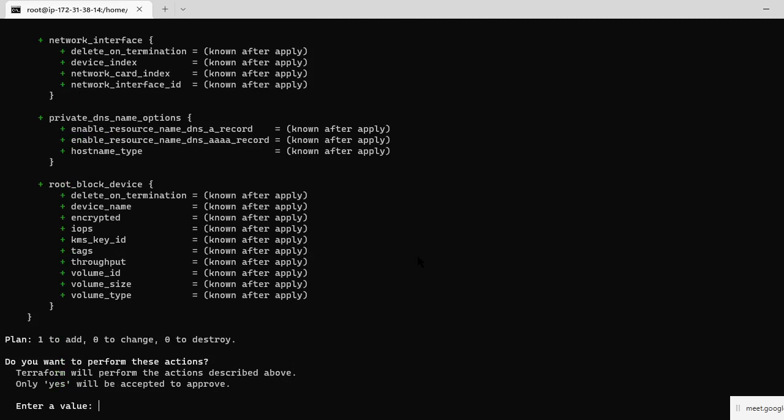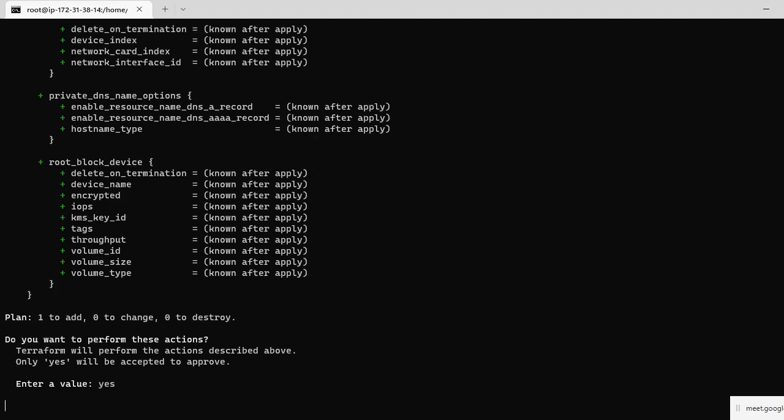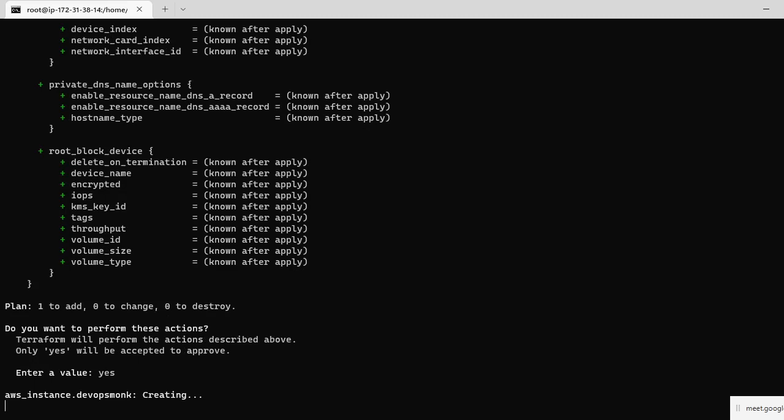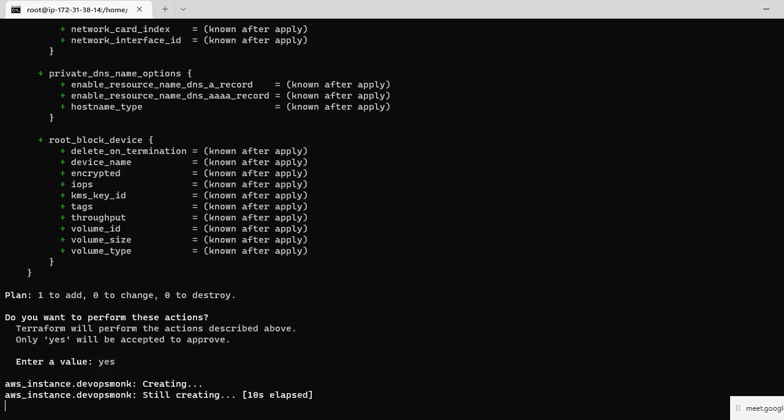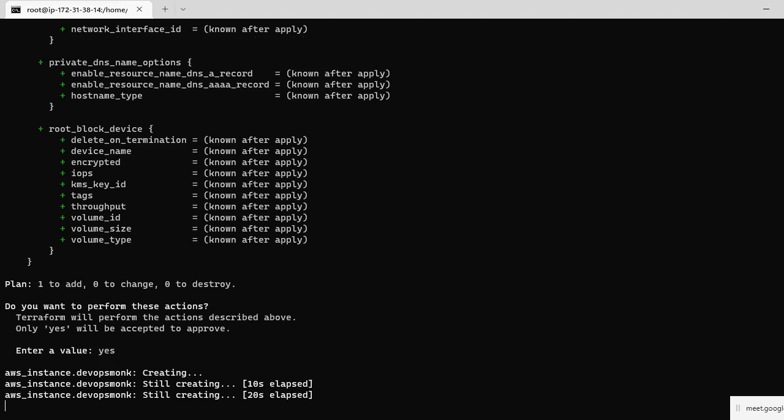Do you want to perform these actions? Terraform will perform the actions described above. Only yes will be accepted. Yes, it is creating now. Ten seconds elapsed.